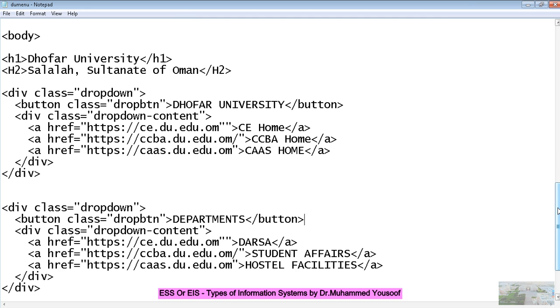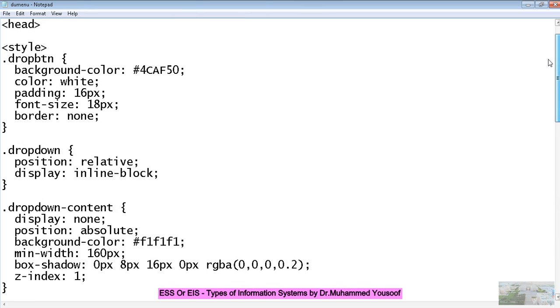Similarly, you can see here all the styles are declared over here. One is the style for the button, the style for the drop down, the style for the content, you know, the content that you are going to have in the menu. Some of these things you may not understand very clearly, but don't worry at this point of time. It's okay. Just try to follow the idea, because I think you know all these things: font, border, color, padding, z index. It can be 0 or 1, or even it can be 2. But at this point, just try to use 1. I will explain at a later stage what is z index.